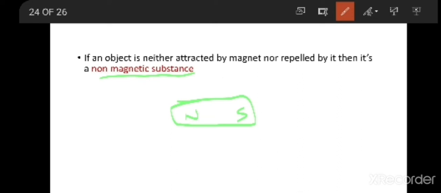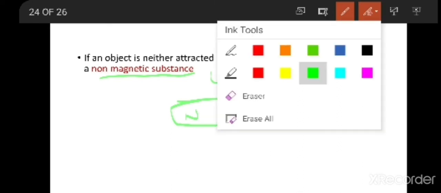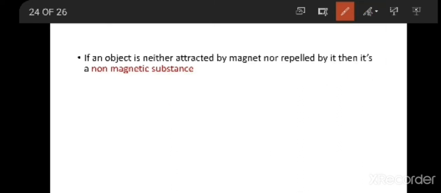That type of substance is called a non-magnetic substance. For example, wood. Wood is a non-magnetic substance. When you place wood near the magnet, it will not show attraction, and it will not even show repulsion. So we take a bar magnet, north pole and south pole.